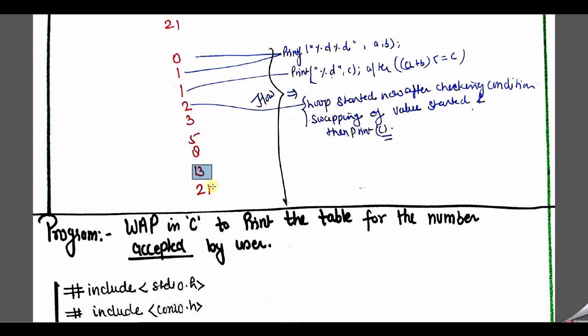So what do we get in a plus b? We get the a plus b value 34. When we get the value 34 as a plus b, I need to check whether 34 is less than or equal to 21. So what condition value do we get here? We get the condition value false. So where do we have to go? We go outside of our while loop. So we just move out of our while loop.